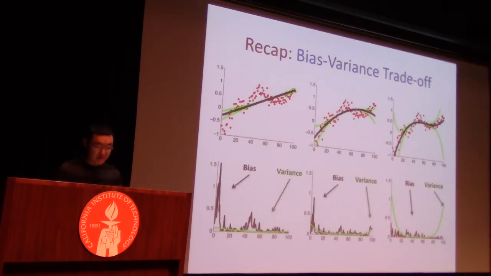We talked about bias variance trade-off, right, where, depending on the size of your training set, you may want to use a more expressive or less expressive model class because there may be variability in the model class that you can't control for unless you have a large enough training set. And here, as an example, as you may recall, we looked at a comparison in one-dimensional regression between a linear, a quadratic, and a cubic model class. And for training sets of size 7, the quadratic model class ended up